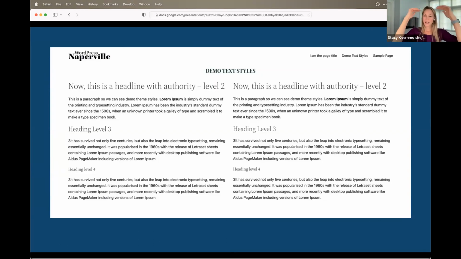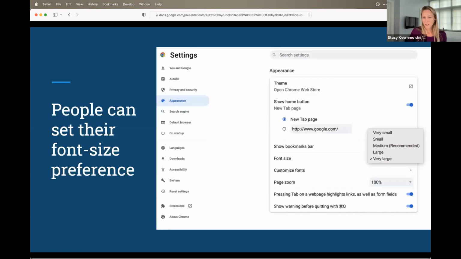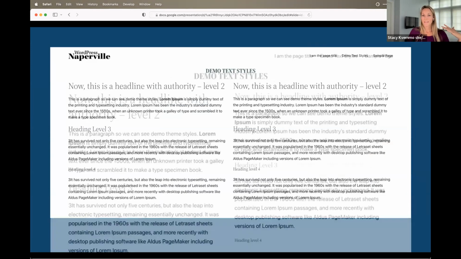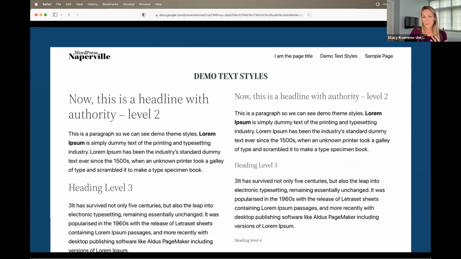But when you have a series of text, I made a little demo here that you can't see. On the left, we're using rems and ems to set the text scale. And on the right, this is set in pixels. To everyone here, I believe it will look the same. But what happens when you go into your settings and change the font size to be different than the default? You go back to that site and then you notice